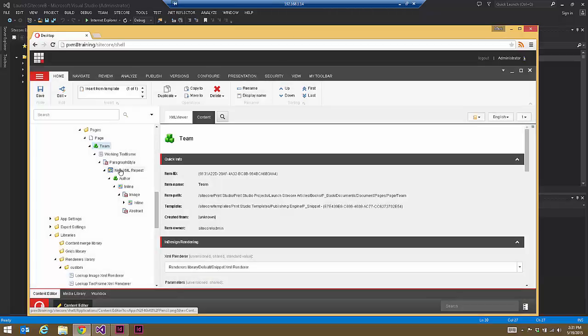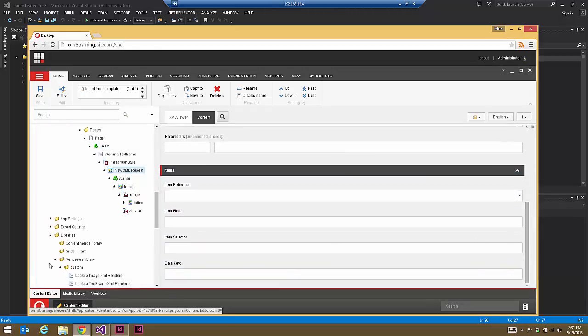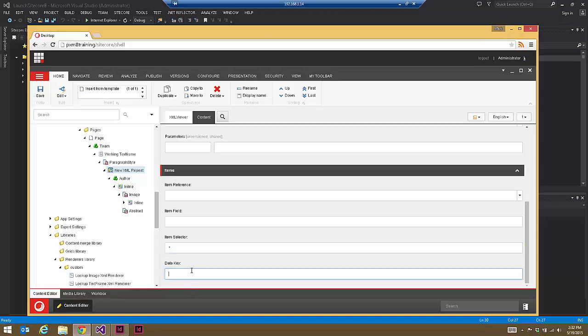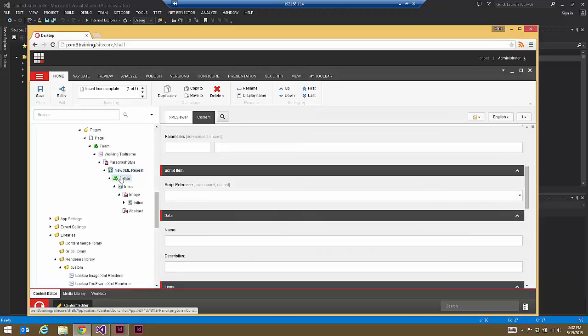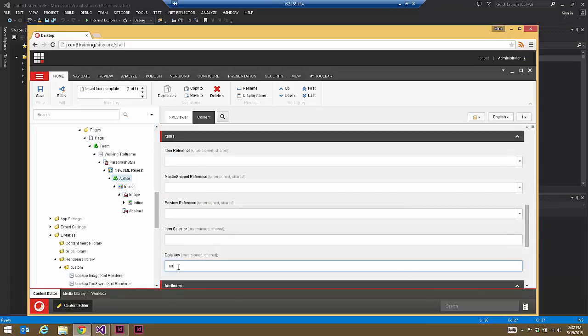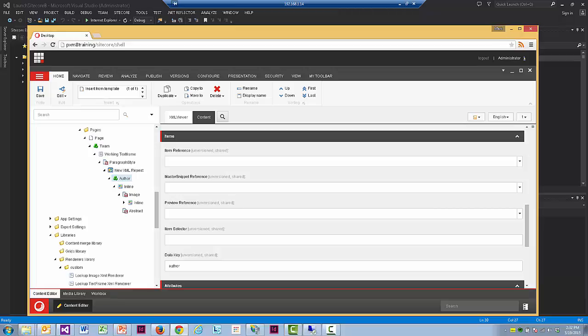And so this snippet now becomes my team. And then as I'm repeating through my repeater, I'm going to select everything in team, and then I'm going to pass that information to my children. So I'm going to say select everything within team that is star, and then my data key within that is going to be author. And then now when I get to the author, I'm going to continue along, and I'm going to be able to get the author from that repeater, and everything will flow from